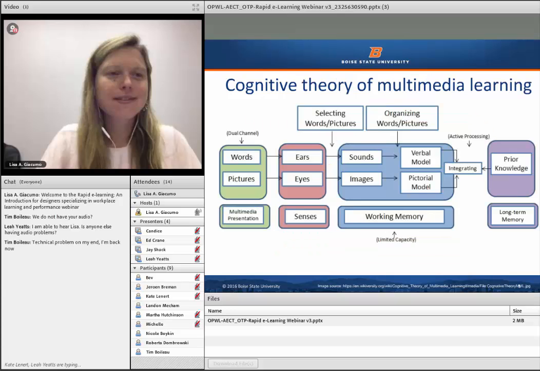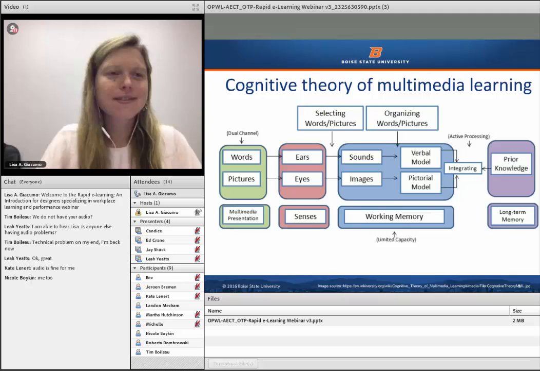The cognitive theory of multimedia learning model shown on this slide depicts the dual channel processing going on in the learner's mind when using multimedia instruction. Extensive empirical research studies have been conducted since this model first appeared in the literature. Rich Mayer and Roxana Moreno used this model and related empirical studies to inform their paper, 9 Ways to Reduce Cognitive Load in Multimedia Learning, in 2003.